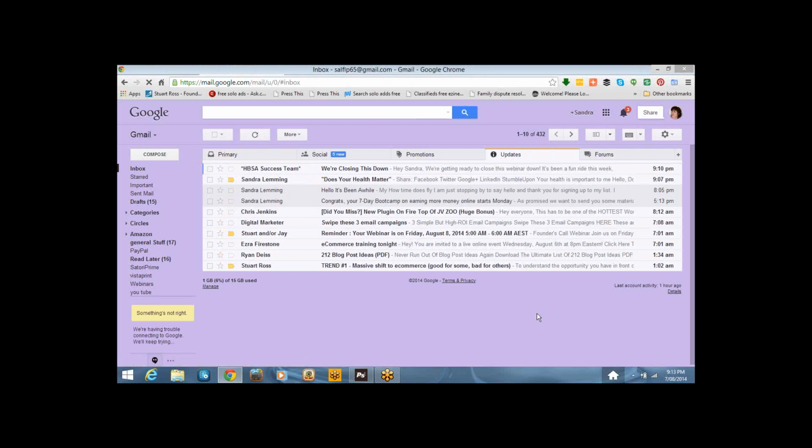It's taking a while to load. Well, I can see your inbox. Yeah, I know, but it's still loading up the top. So I just don't want to do too much. See how it's still loading up the top here? And it hasn't finished loading down here, but that's okay.